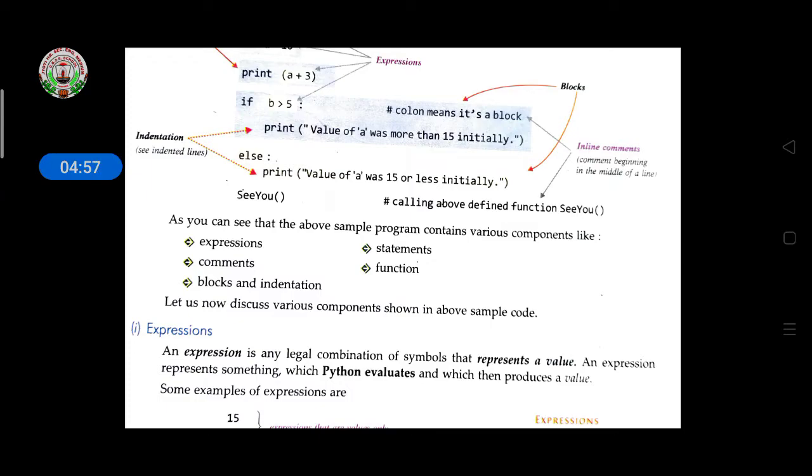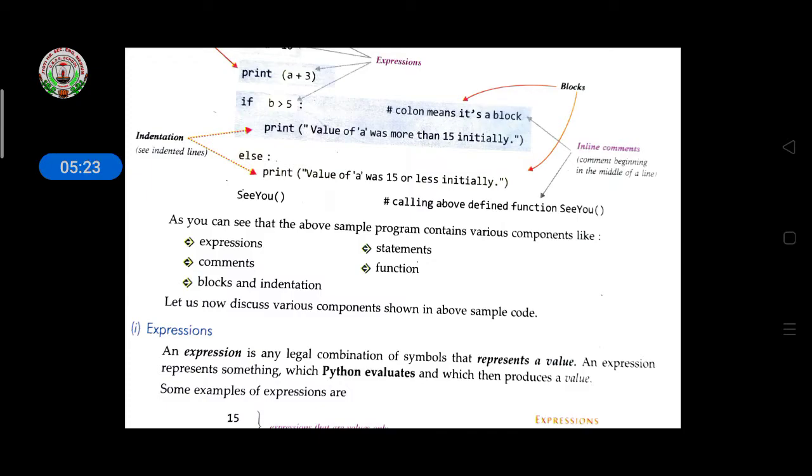The same here: we use hashtag while writing a comment. The interpreter will not read the comment and will not show it in the output. The user writes the comment only for user information. Here hashtag is used to show a comment.